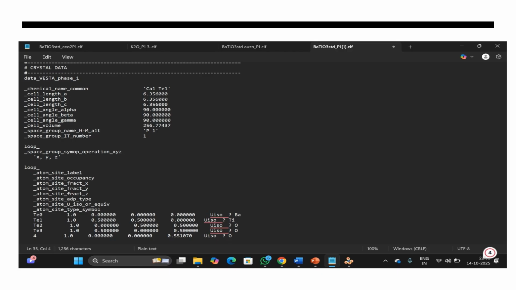Calcium occupies all the octahedral voids, which means its fractional coordinate should be 0.5, 0.5, 0.5, and for calcium occupancy is